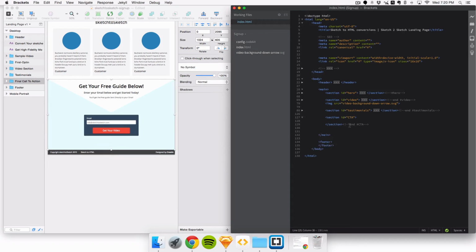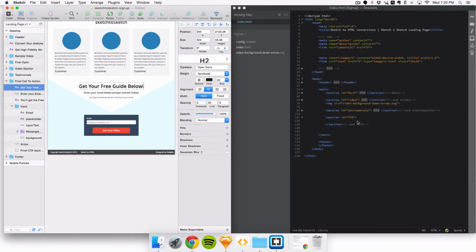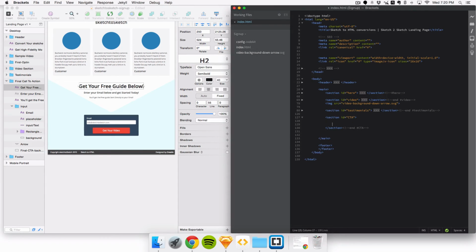We're also going to use CTA as a class, so pay attention to that. Okay, so you have your CTA section, which you'll have your H2. In your H2,